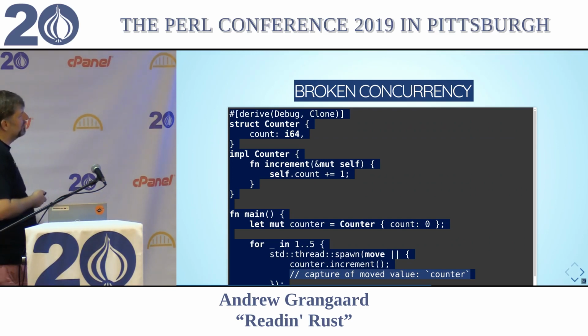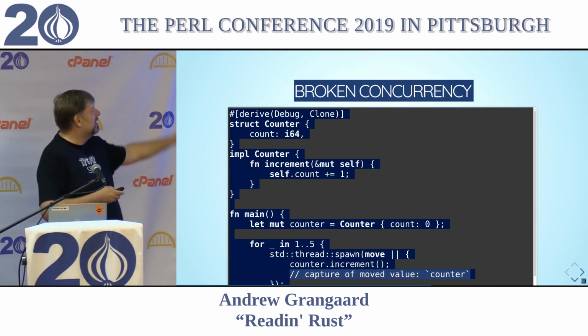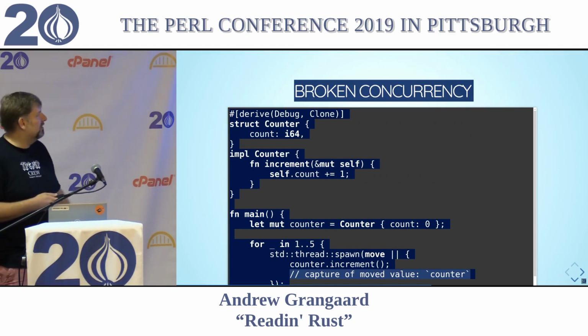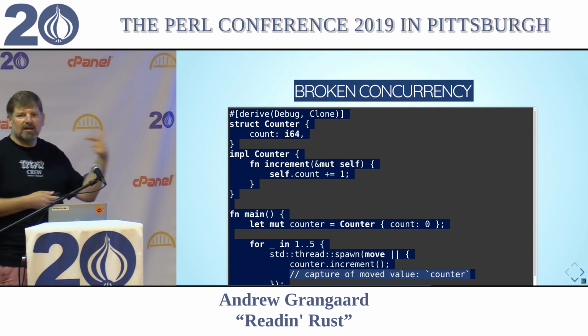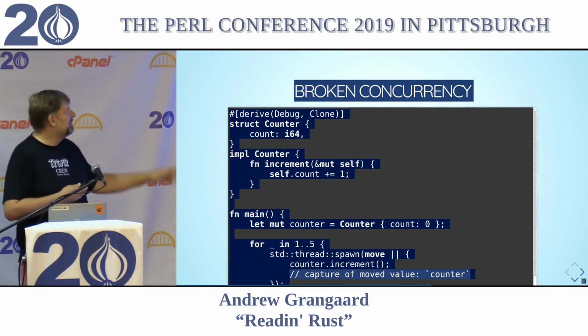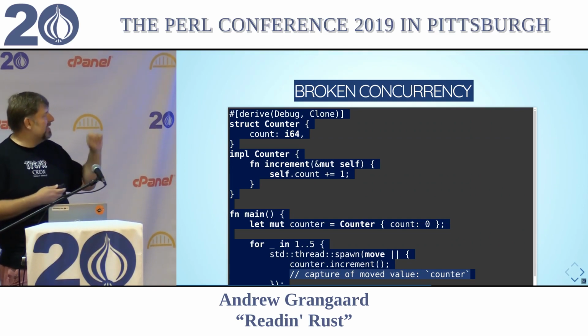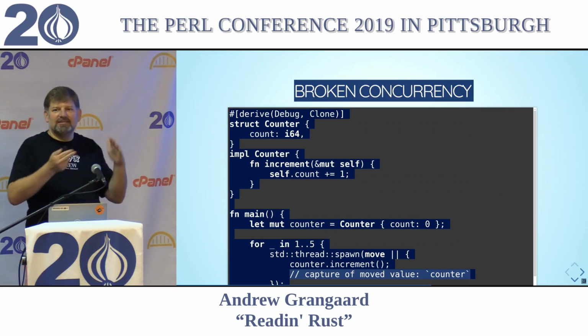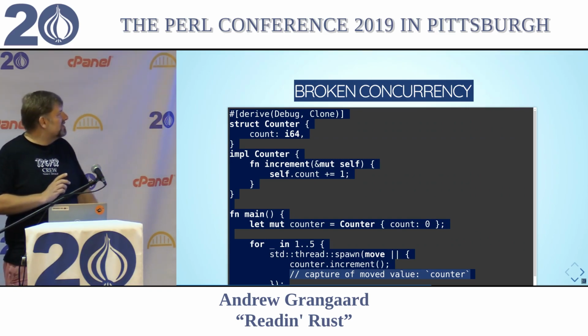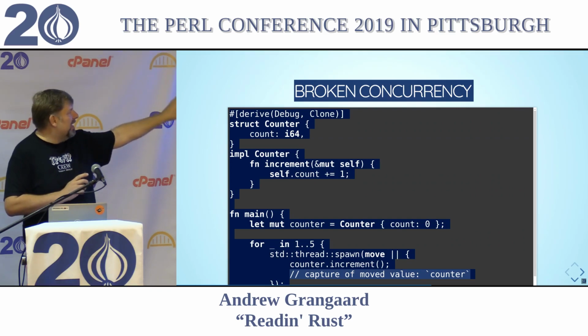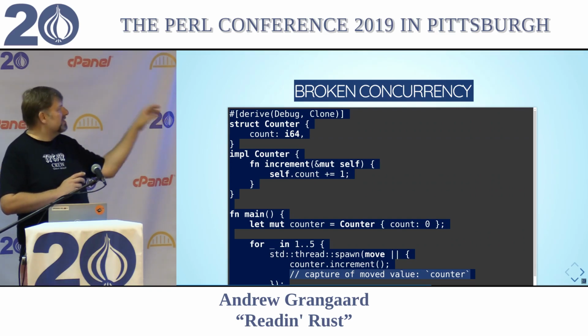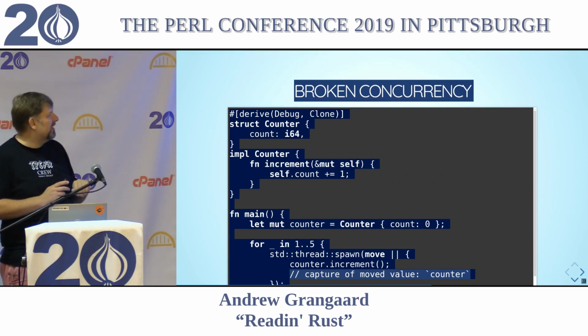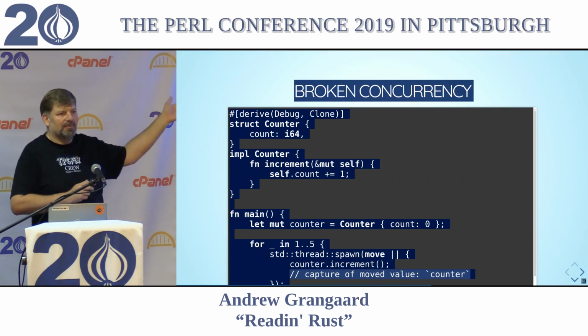Let's look at my broken concurrency one. This will be, I think, my last example because we're running low on time. So I've got my counter that I created earlier. I have it, hey, compiler, please derive Debug and Clone for this because that'll be helpful for me. So my struct is a Counter that contains an internal variable count, which is an i64. My Counter could just be an alias type to i64, but this is good for slides. Then I've implemented for Counter a function increment, which takes a mutable reference to self and increments that internal counter. Right, so this is inherently not thread safe, right?